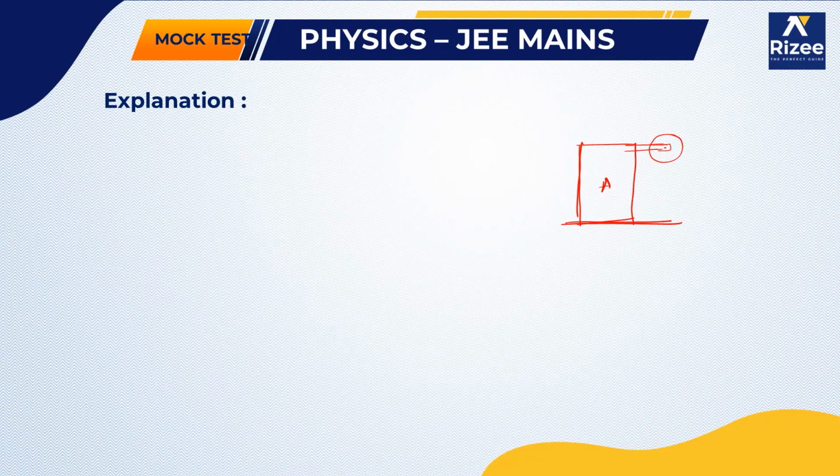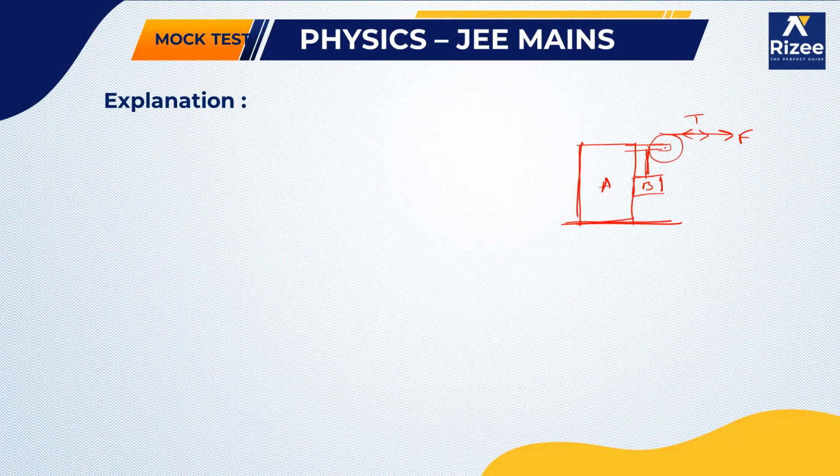So this is connected to a pulley. From here a block B is hanging. So this is the one, and from here you are applying the force in this direction. Obviously the tension over here is going to be T, and the same tension will be running over here also. So in which direction will the system try to move here?